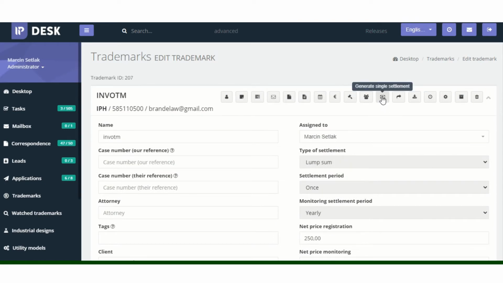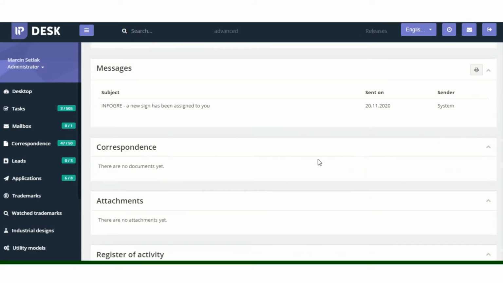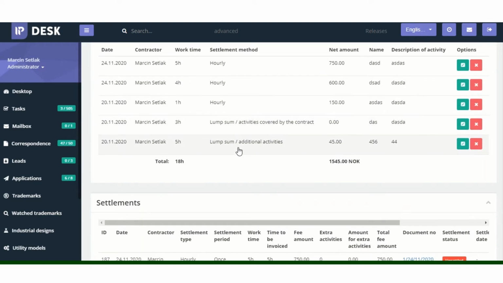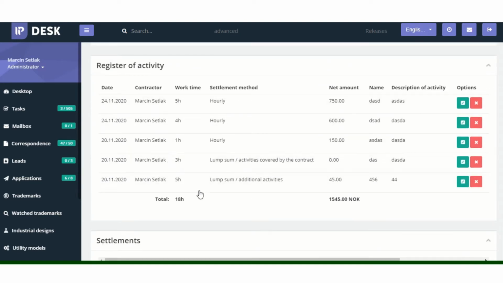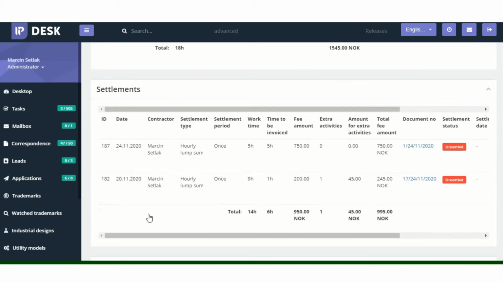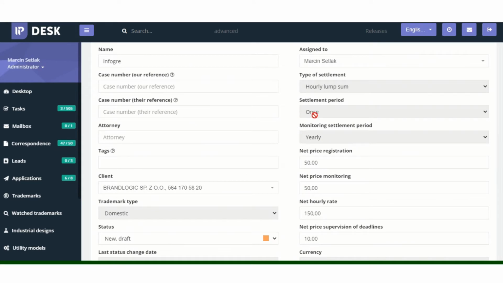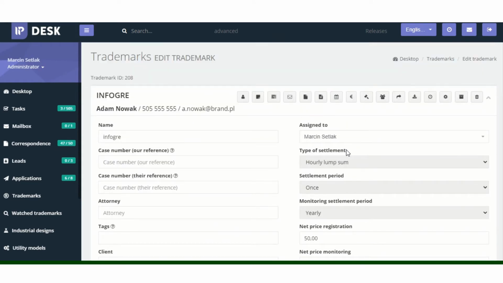You are clicking generate single settlement. Then below you have information about all activities which you have in the case. Of course, some activities could be added to one settlement, another one to the second, to the third. So it's up to you. So the model of the settlement added as once as a period means that you are able to generate this single settlement